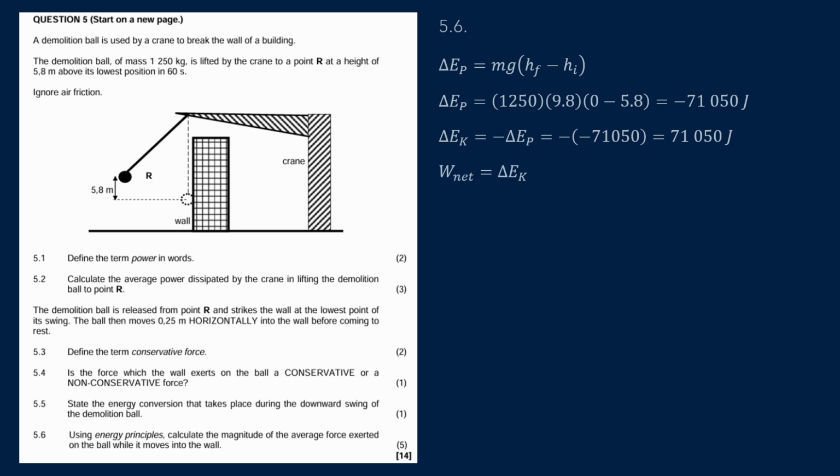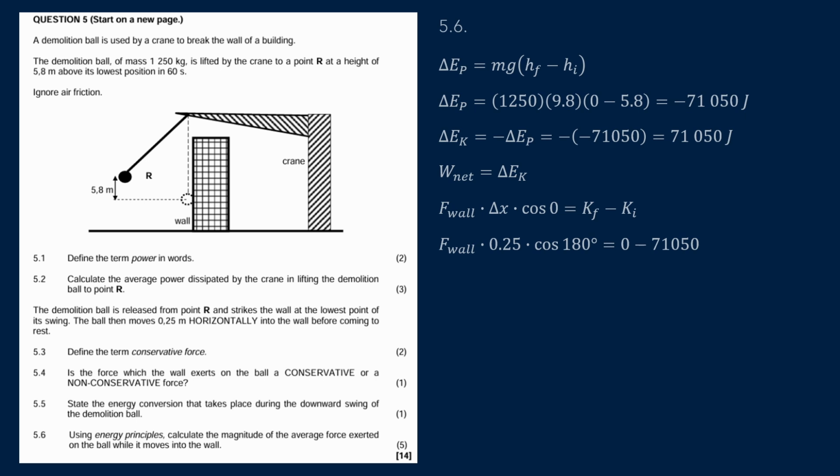Now I go on to write the formula: work net is equal to change in kinetic energy. Expanding that formula, I get the force that was exerted on the wall, multiplied by the displacement, multiplied by cos of 0, is equal to Kf minus Ki. Substituting in everything I know, the force exerted on the wall is equal to 0.25, I was given that displacement, multiplied by cos of 180,